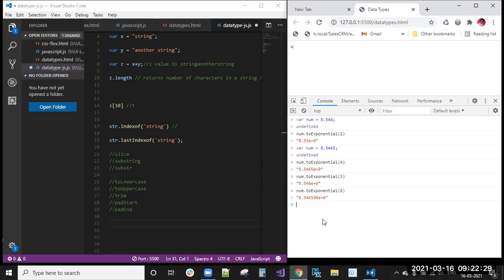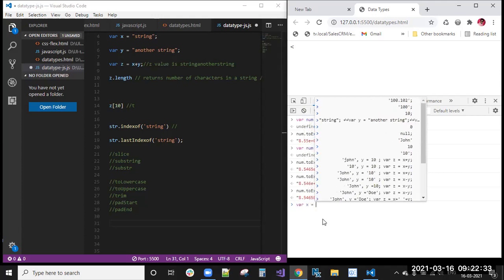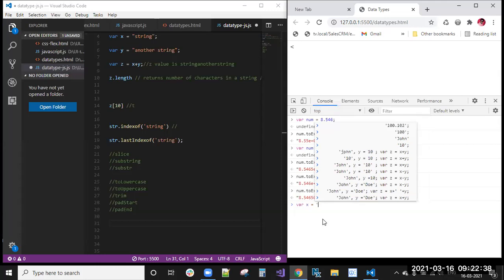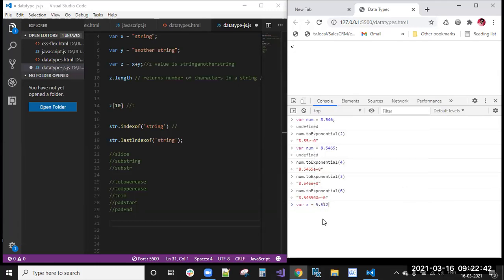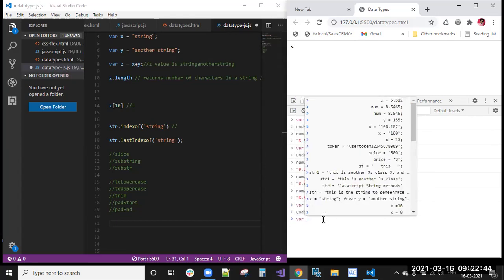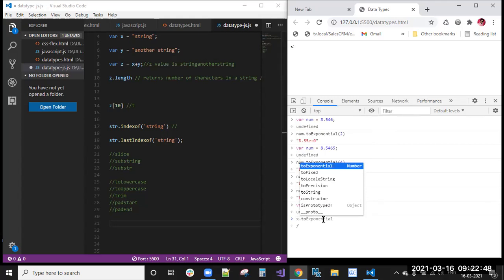One more is toFixed. toFixed and toExponential are almost equal, but here e+ will be written there. With toFixed, that type of string you will not get. So 5.512, where x equal to 5.512, x.toFixed(2).